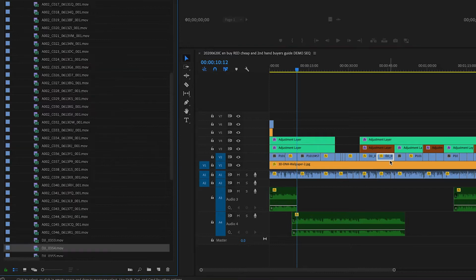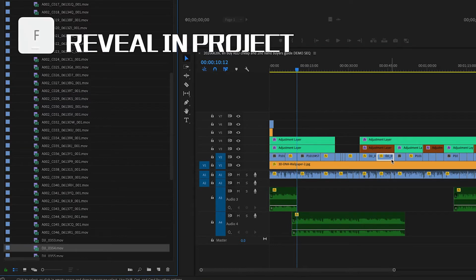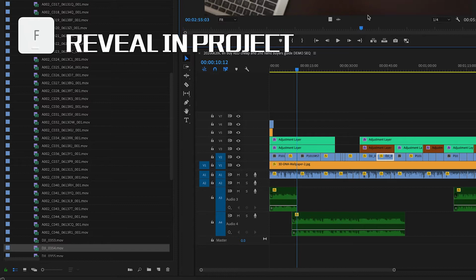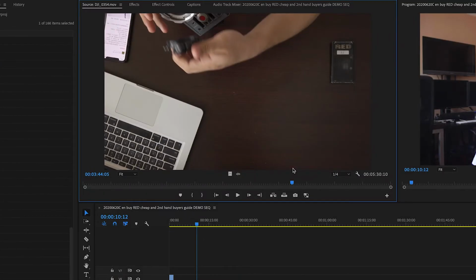Often directors or clients will see the edit and then say, can you maybe show me this clip in its original form? There is actually a hotkey where you can press it and then it immediately jumps to the file on the left side in the project panel. In this case, I've programmed it to F, like find, and then it will just pop up on the left side, which is amazing and quick, so you can go through and see if there are better moments in the